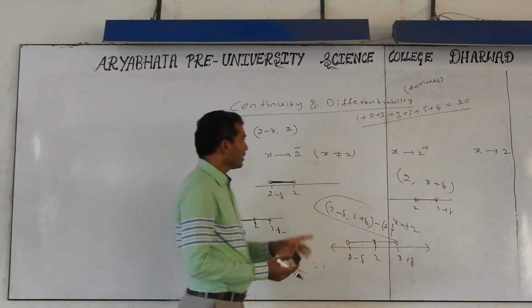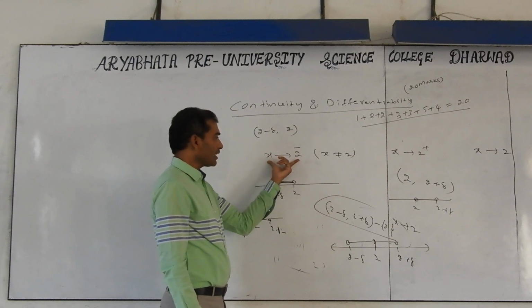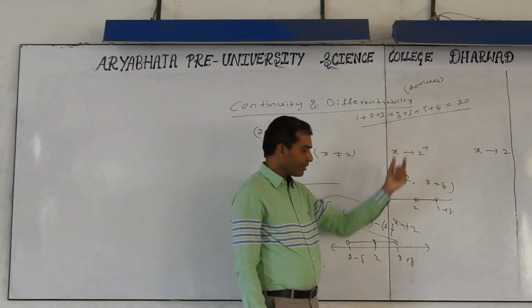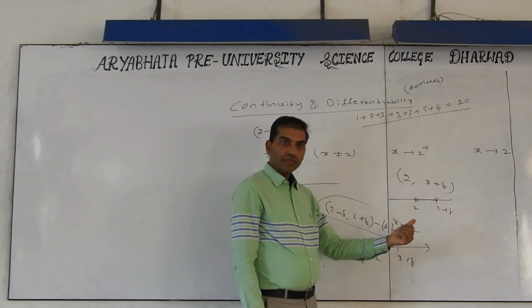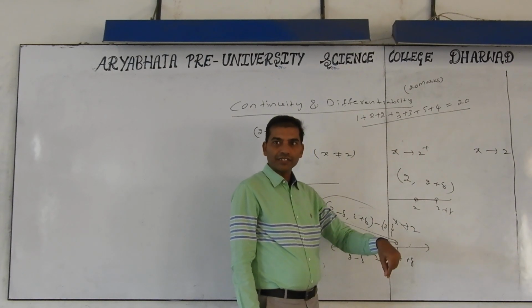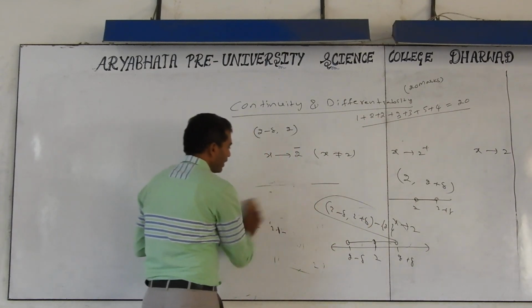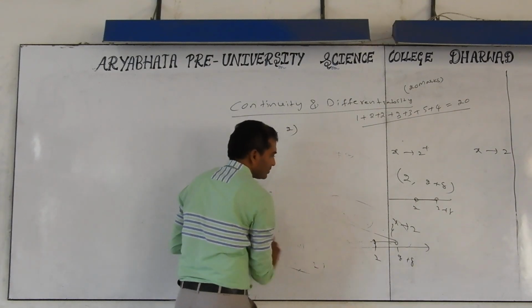It is denoted by x tends to 2. Are you following? X tends to 2 minus means left neighborhood. X tends to 2 plus means right neighborhood. X tends to 2 means both left and right, but not 2. Okay? See, if I take x tends to 3 minus,